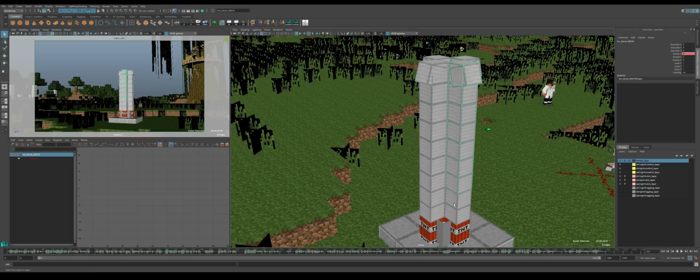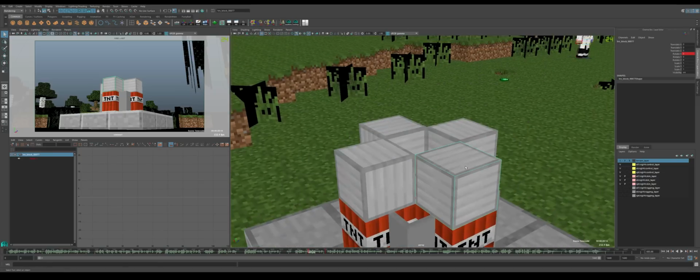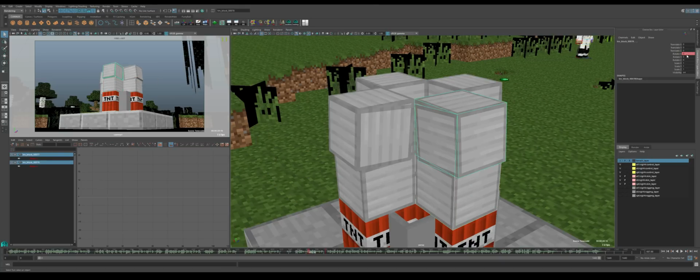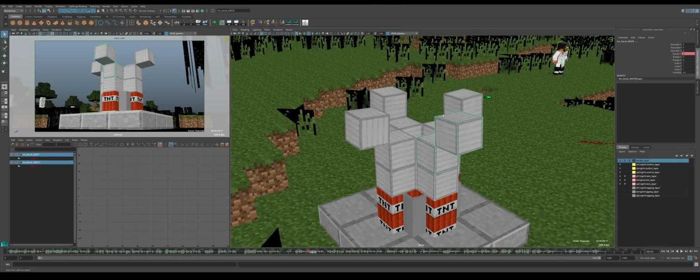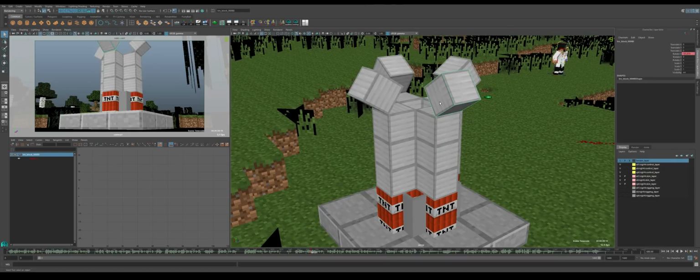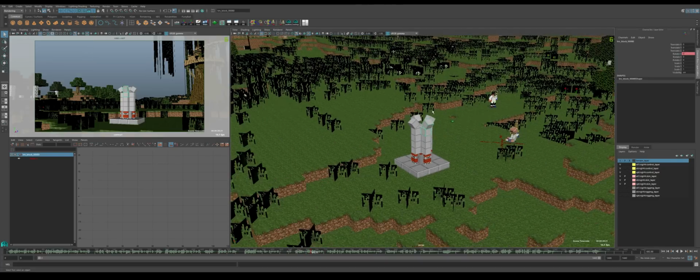Oh yeah, someone commented they really liked the animation of the cannon being created. Let's do this. Actually, it probably would be hard to explain this, but basically all these are parented to each other. So this one's parented to this one. Both of these are parented to this one. All three of these are parented to the next one, and that continues down. And then they're all just keyed to rotate from